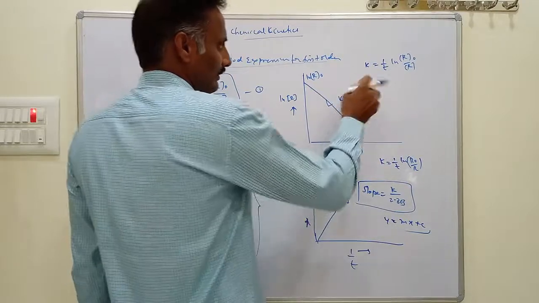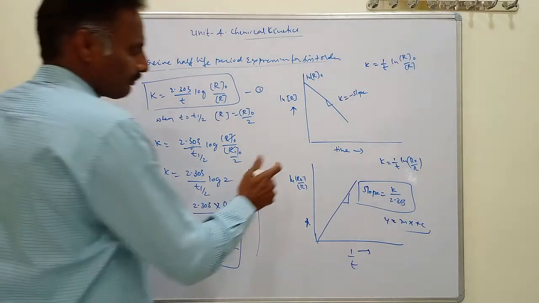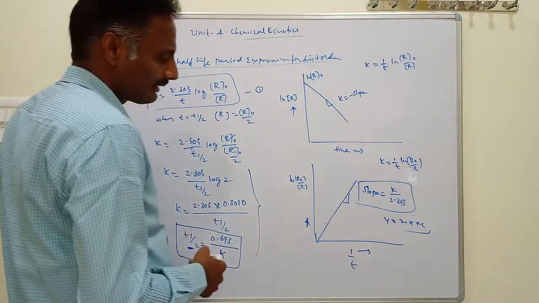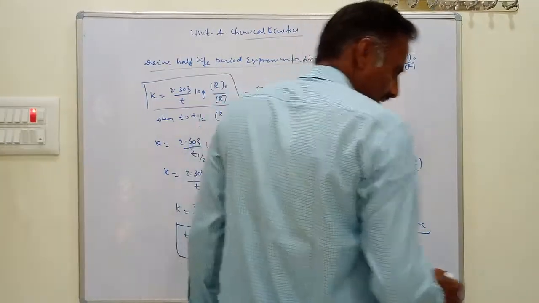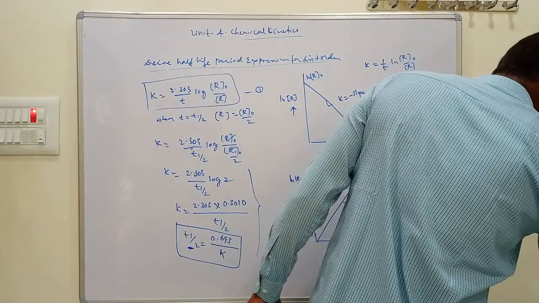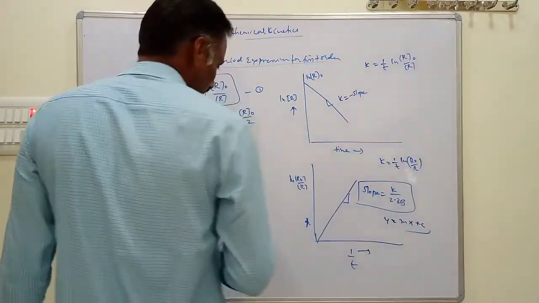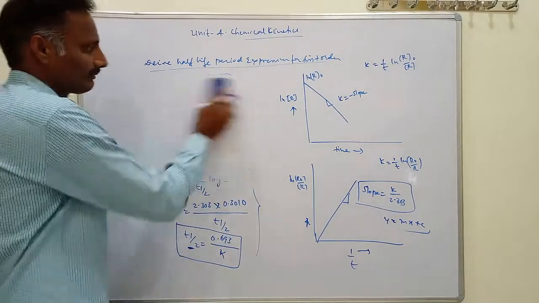It is here k minus slope. Okay, like this. And the graphs are important here. This becomes important. And give an example for a first order reaction here. The first order reaction example is radioactive disintegration. This radioactive disintegration is the best example for first order reactions.